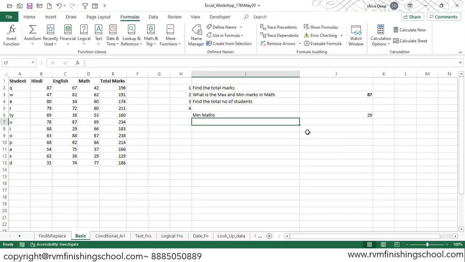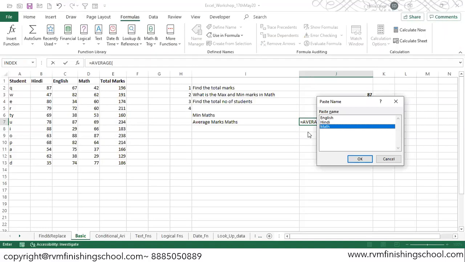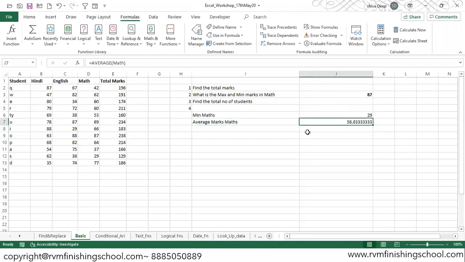So this was the basics of this. Now, if you need to find the average marks, just a quick run through: we'll write AVERAGE and Maths, press F3, and again pick Maths from here. So I don't have to go again and again and work it out. So we have seen min, max, total, and average. Now let's